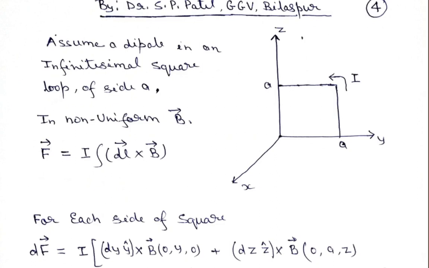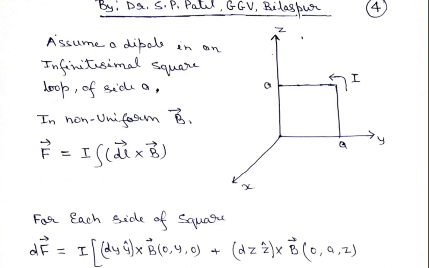So let us say we have a non-uniform magnetic field. The torque will be the same whether the magnetic field is uniform or non-uniform: the torque N vector is always equal to r cross F. But in the case of a non-uniform magnetic field, the net force on the dipole will not be equal to 0. Remember this, and we will try to calculate how it comes out.